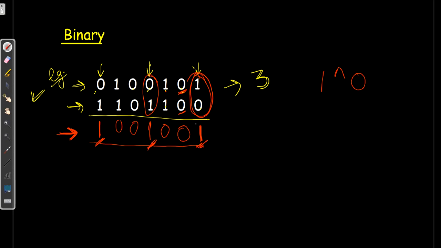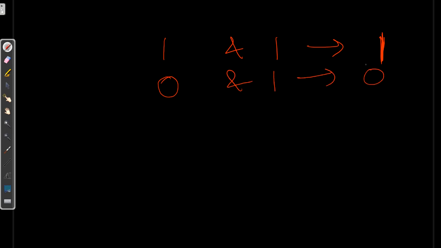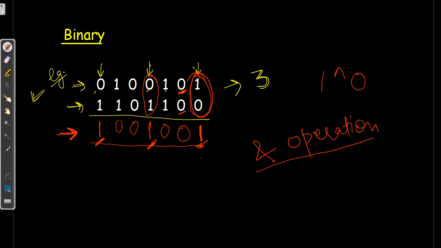For that, we will apply the AND operation. Now the question arises, why are we going for the AND operation? Because 1 AND 1 will return 1 only. And if I apply 0 with AND 1, it will return 0. So here I'll apply AND 1 with the solution. Let's give a variable here as solution.